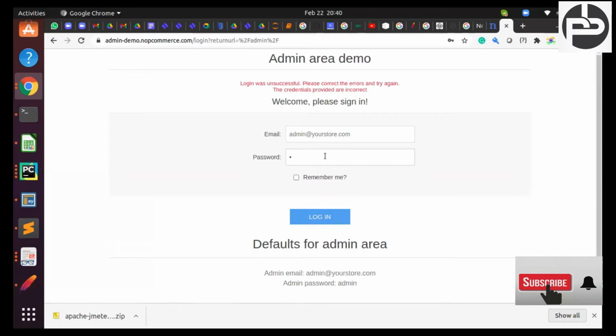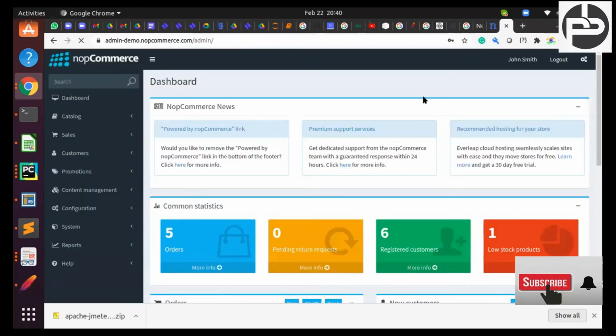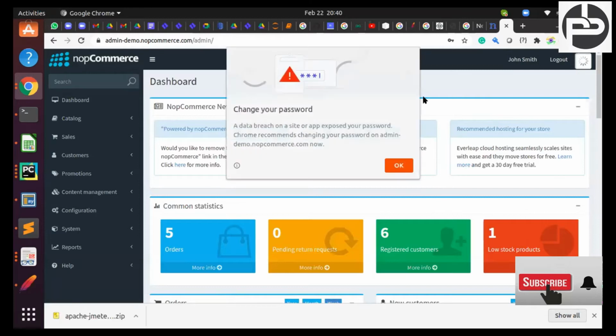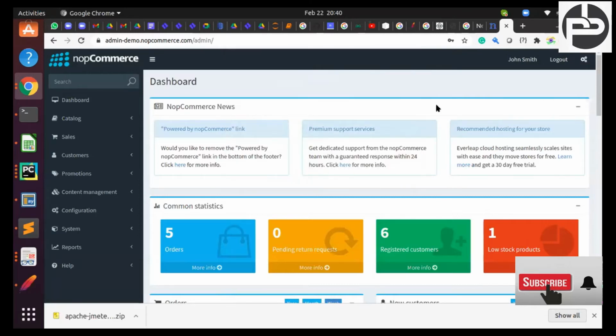But if I pass admin as the username and do the login, then it is reaching the home page. So we are going to try different kinds of permutations and combinations on top of the username, on this login page. And now we are trying to work out how to do this.